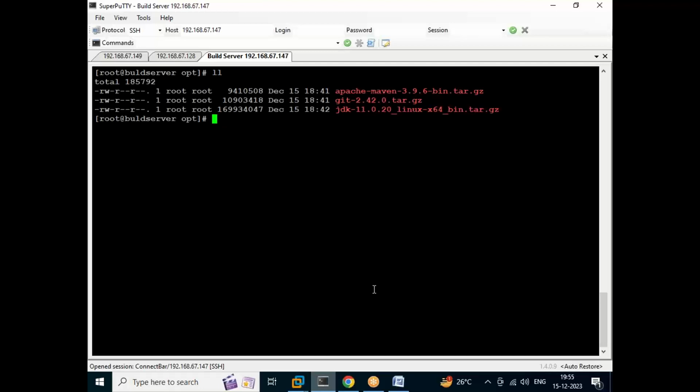Next, coming to Java path and Maven path setting. Java path setting and Maven path setting. Okay, guys. Slowly, yes. Now, let me show you that if you want to extract all these files at a time, one by one, yes,